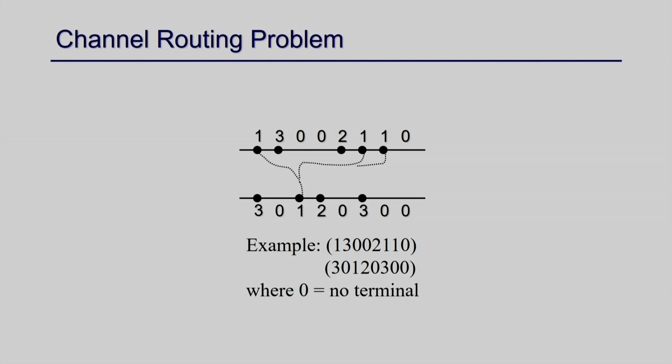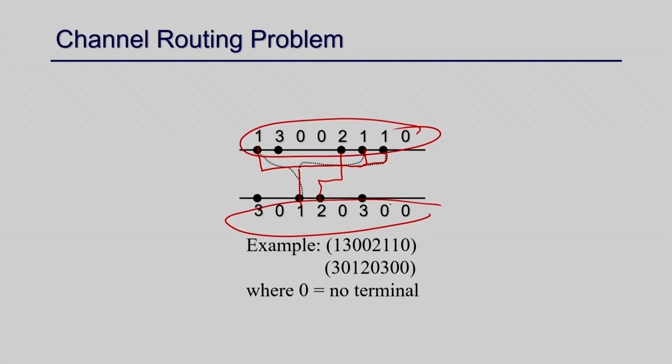Okay. As I mentioned here in an example, this is 1, this is 1, this is 1, and I have to make a connection like this, right. Similarly, this is 2, this is 2, means I have to make a connection like this. So this is how the problem is given. You are just given this set and this set, right. And you are given whether it is VH or HV, and you have to solve this,